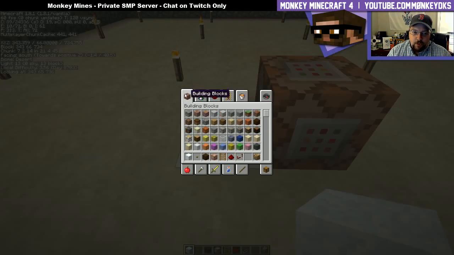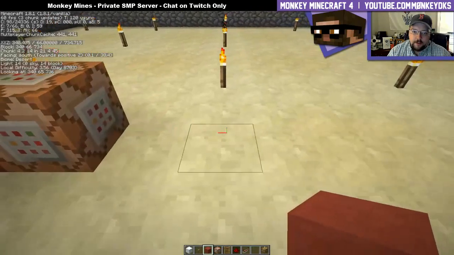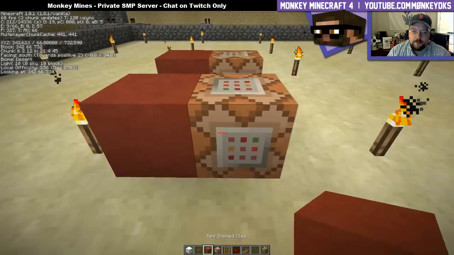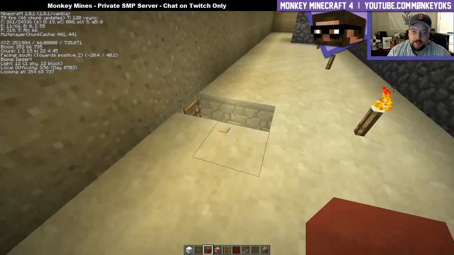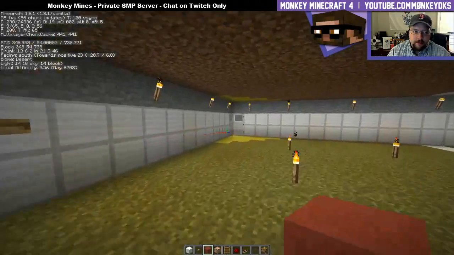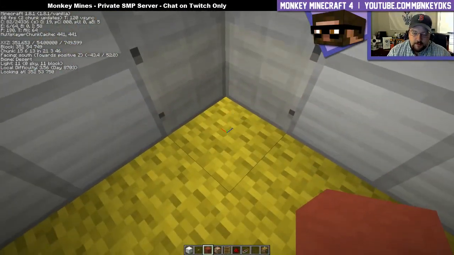I want red wool, or actually let's do red stained clay. Okay, that goes there, and this goes here. So what I want to do is clone two things. At the beginning of a game, I want to be able to clone this corner, right? Numbers are going down. Yep. So I want to clone